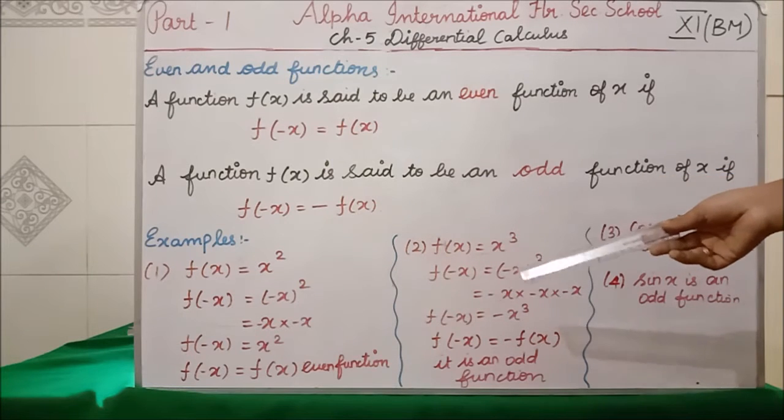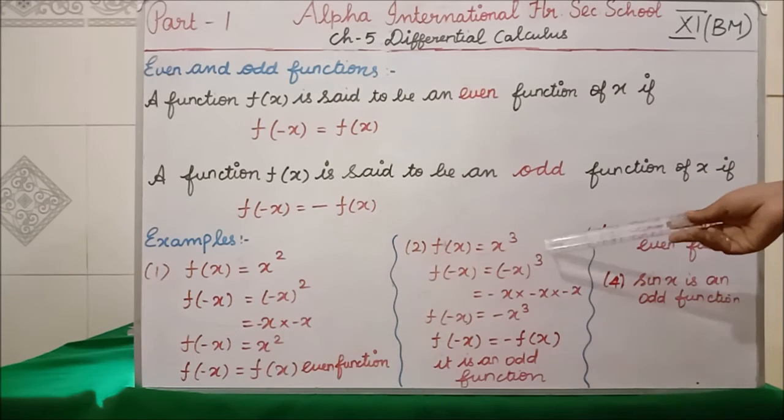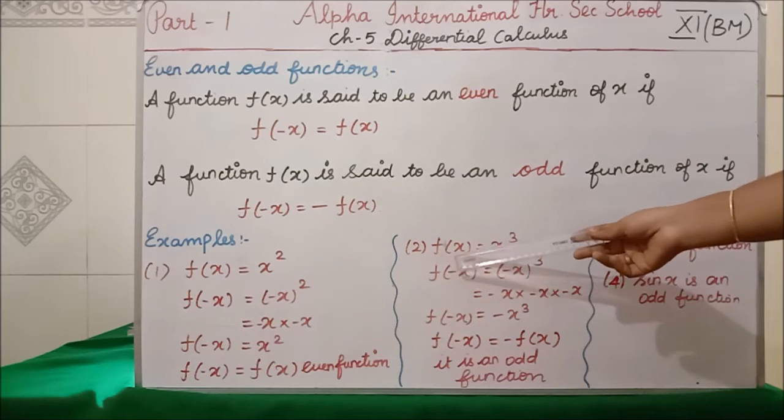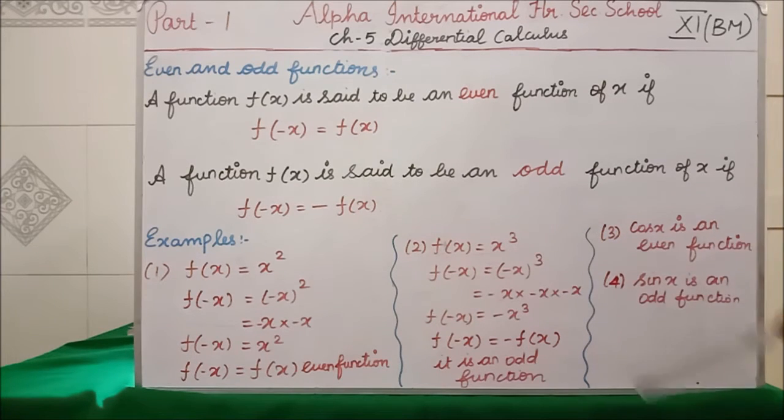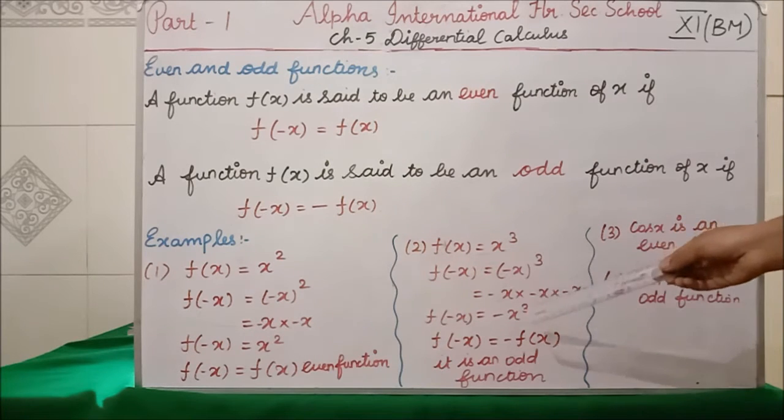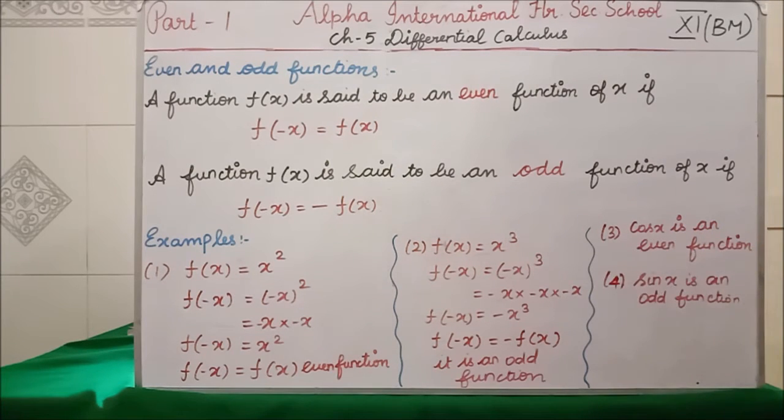Now the question is f of x is equal to x cube. Now what I told, instead of x you have to put minus x. See, I have written minus x the whole cube, which means minus x into minus x into minus x. So if you multiply everything, what will we get? Minus into minus is plus, plus into minus is minus. So I am getting minus x cube.